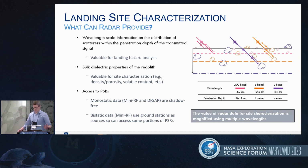Okay, so basically how does radar work? In a really simple way, you transmit a signal towards the surface, and then you record the reflections that return. And from this, as I said, you can find information about the surface roughness and distribution of scatterers both in the surface and subsurface. Now, the scales we're sensitive to are relative to the wavelength, as is the